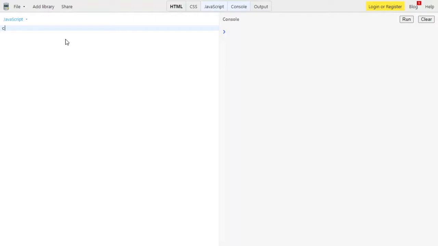For example, I'm writing console.log and then hello provided in single quotes, and then copying the same line and pasting it down here as code, and then try to run this.